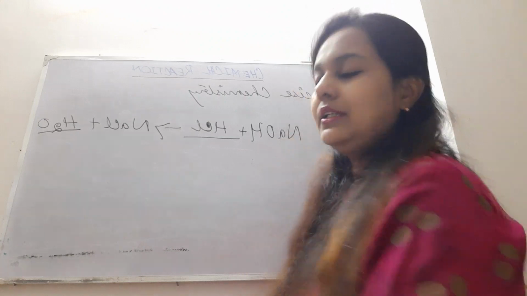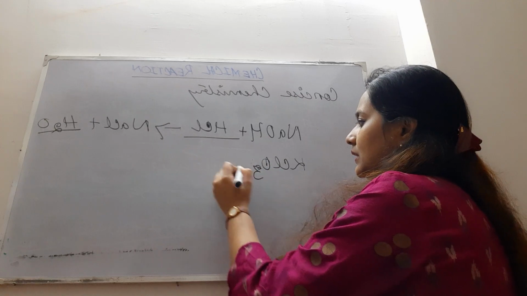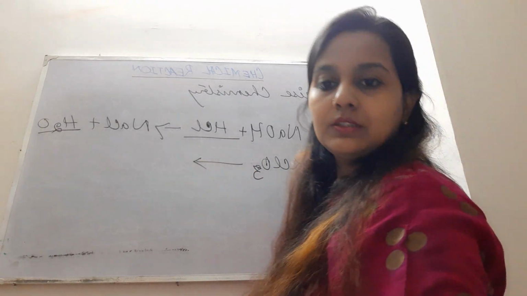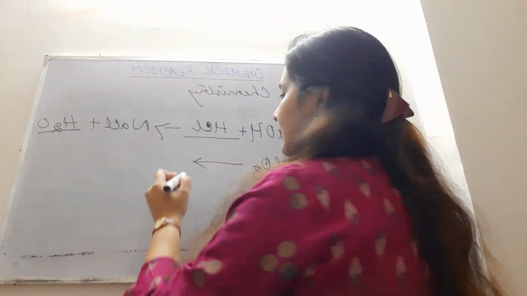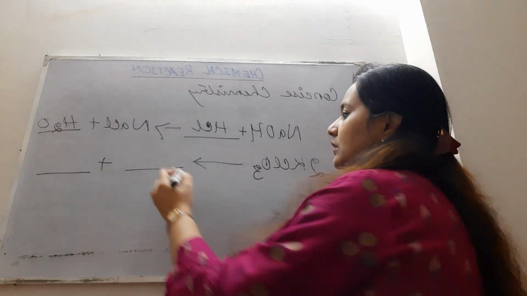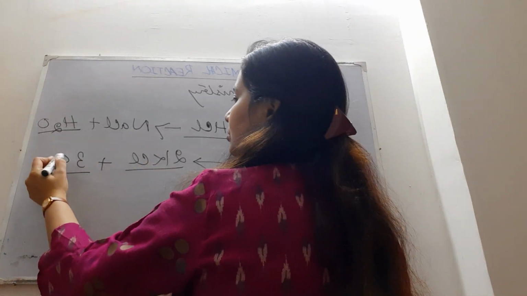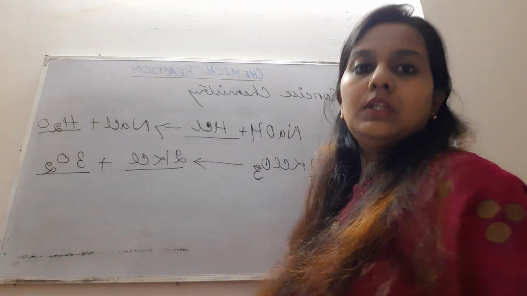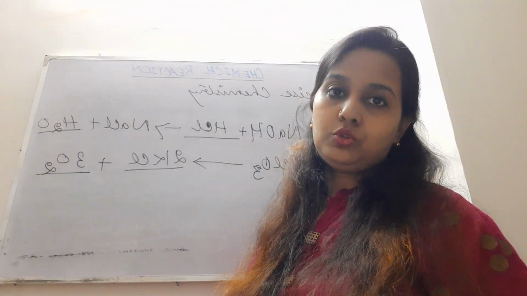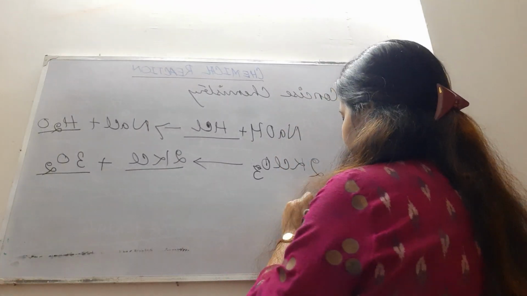The next one is KClO3. KClO3 gives K dash plus dash. So over here 2 KClO3 gives us 2 KCl plus 3 O2. And the third one, number C, that is,